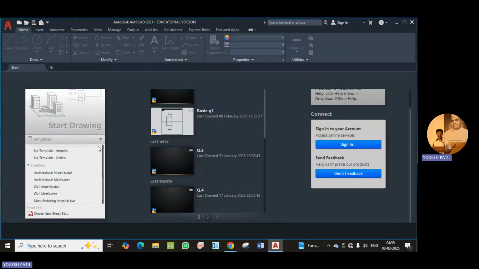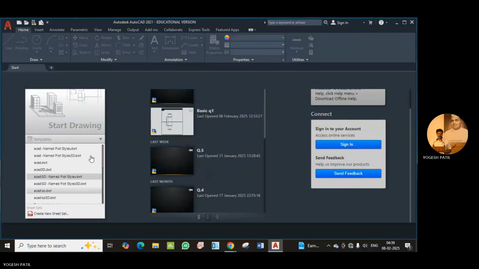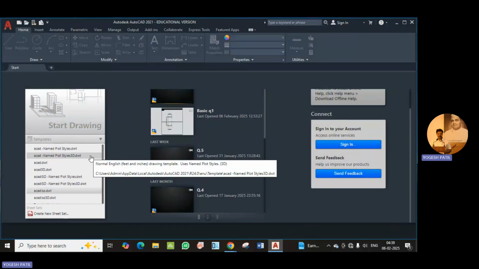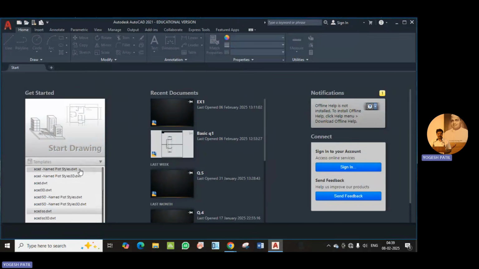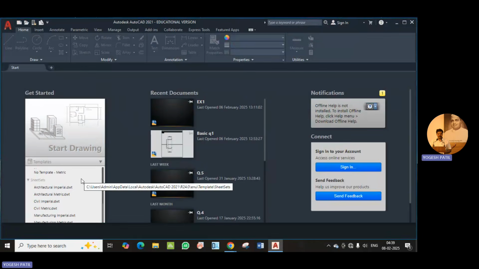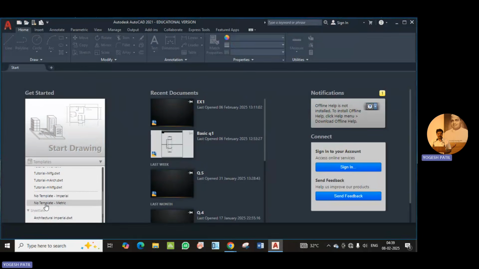Just click on this template drop down, and when you scroll the roller of the mouse you will find that there are a number of templates available, and we can select the templates as per our requirement. So for the engineering graphics course we are going to use this no template metric. So click on that,